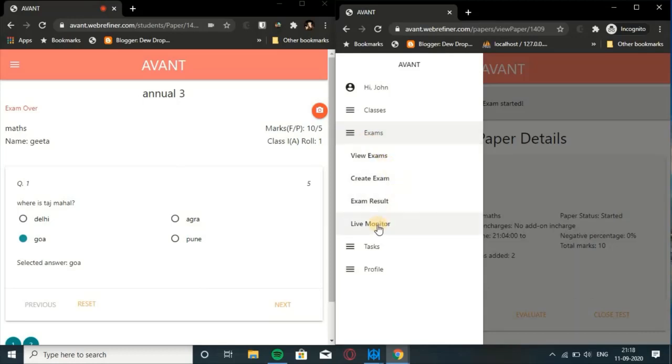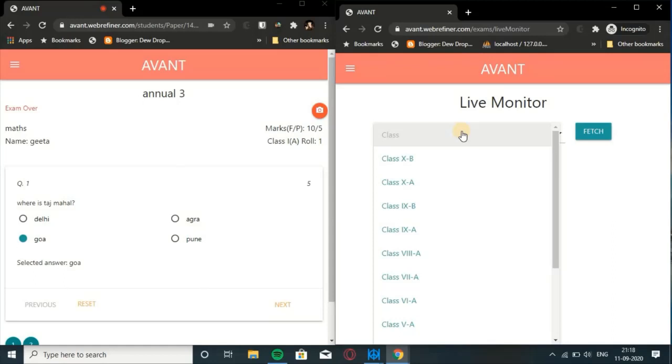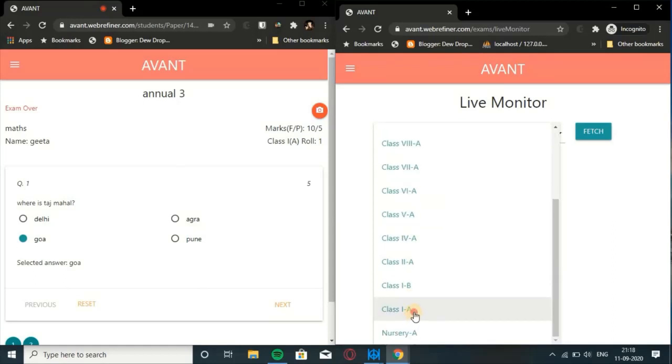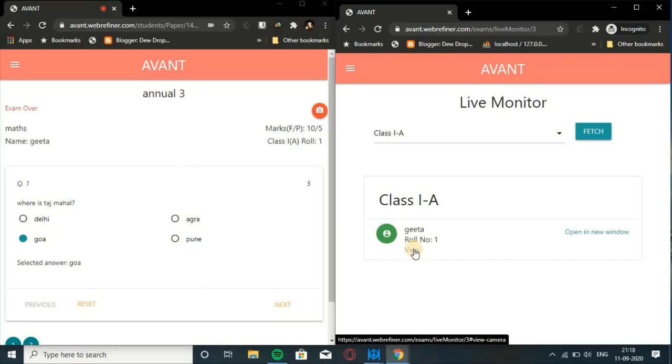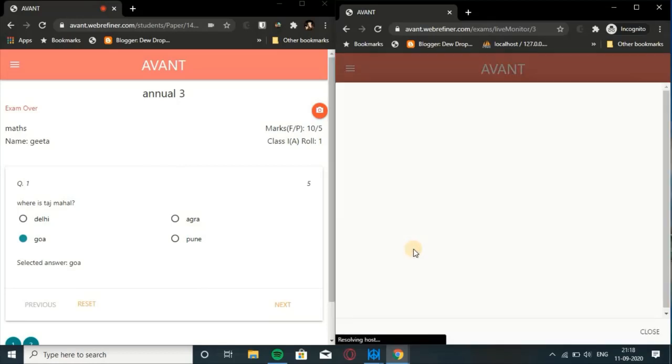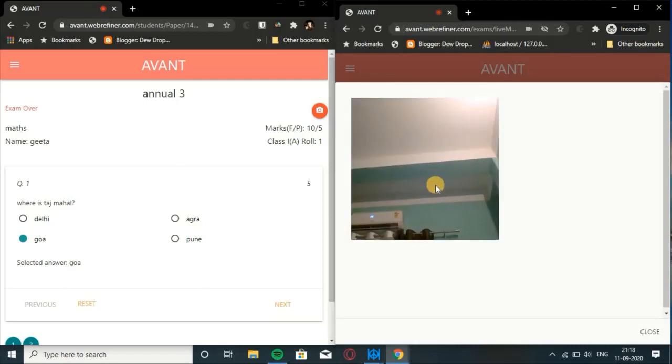They can directly select the class 1A and they can fetch, and as you can see this student, Geeta, the teachers can see the particular student here.